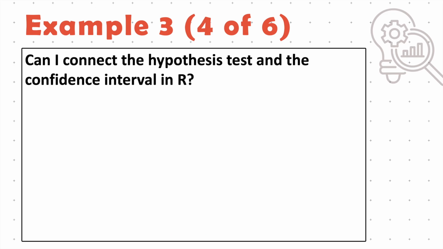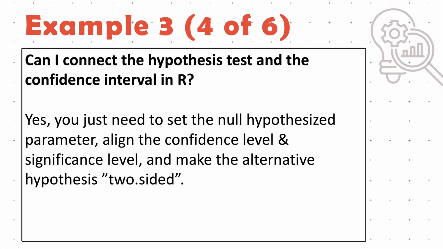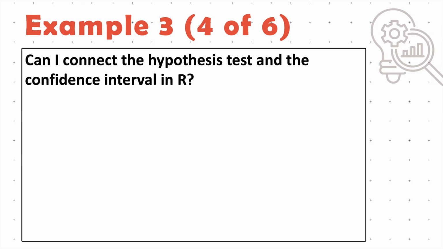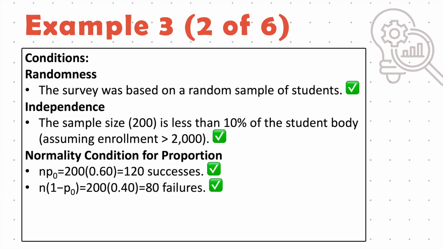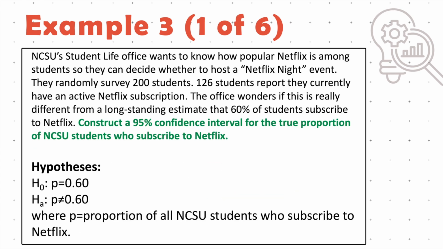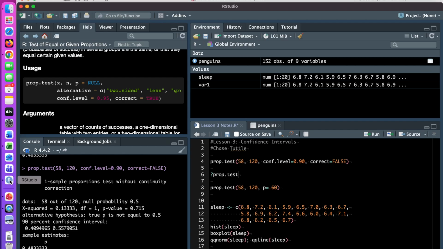All right, so can we connect the hypothesis test and the confidence interval in R? We can, but we do need to set the null hypothesized parameter. We would need to align the confidence level and the significance level, and then make the alternative hypothesis two-sided. So when we looked back at these hypotheses, we have a null hypothesis that's equal to 60%, and the alternative tells me we'll be doing a two-sided test. We can put that into R